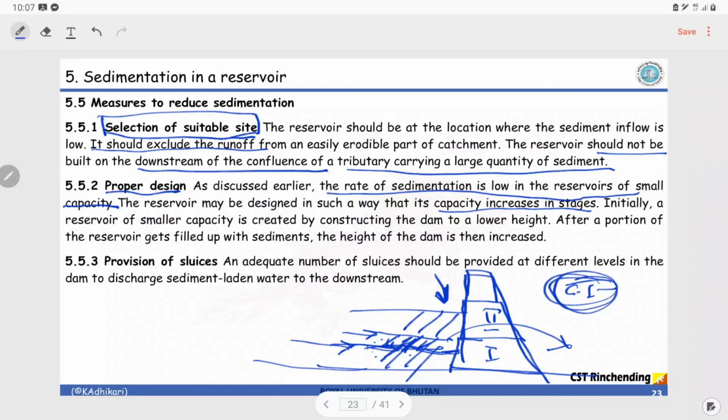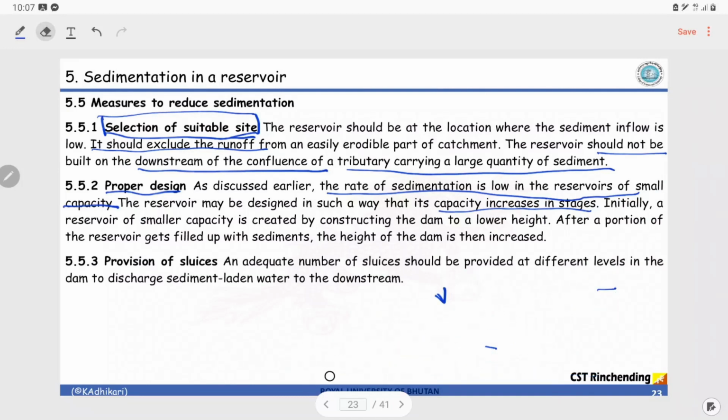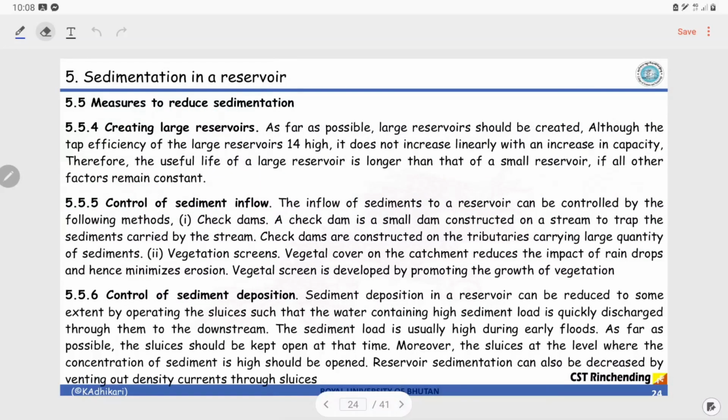Okay, and now I explained this, right? And the provision of a sluice gate, reverse sluice gate, right? The density current or the water laden with sediment, if there is a provision to flush this out, then the amount of sedimentation is of course going to get reduced. Okay, now measure to